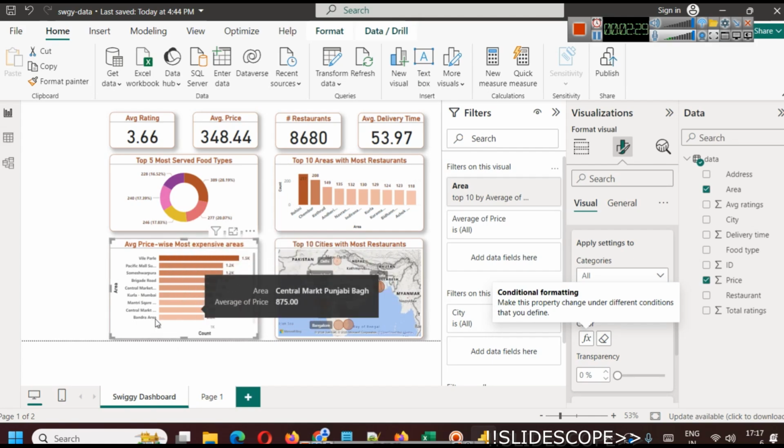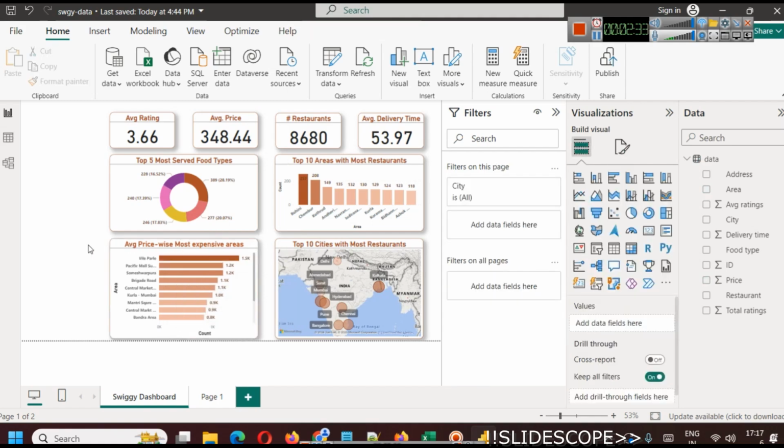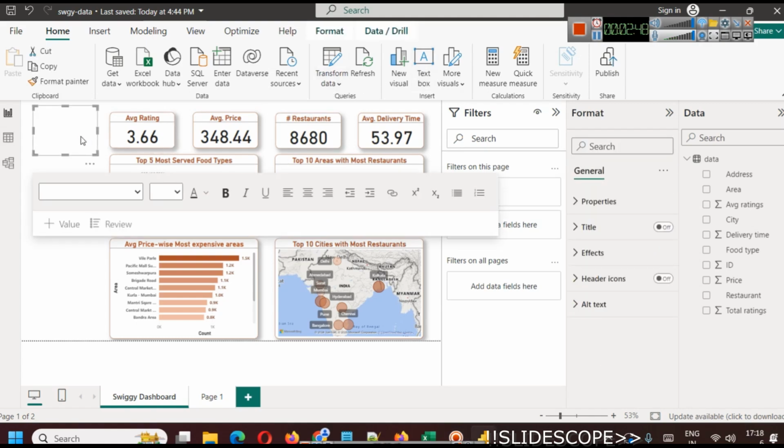so on. Okay, we also have Bandra area. So this way you can find this value. You can use any other type of graph here, but either a clustered bar chart or a stacked column chart will work best. Now we will simply bring a text box here where we'll write